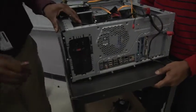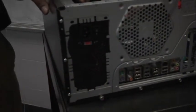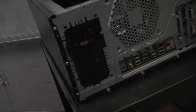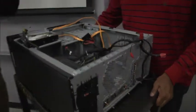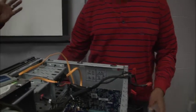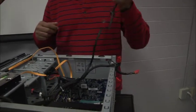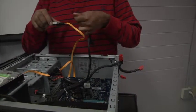You can see that we have holes on the case that accommodate screws to go through the outside of the case and into the power supply to keep it in place. Great, so we'll assume we sunk the screws. Screws are in place. Now, let's go ahead and see if we can do the power on the next